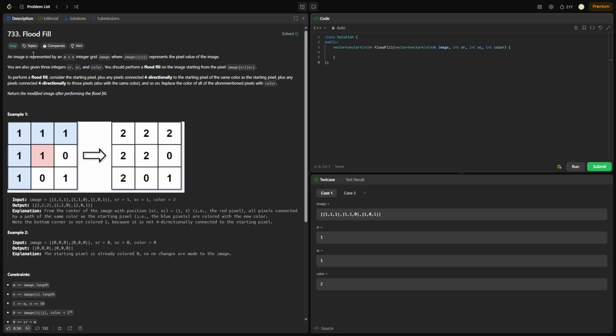So we have basically an image represented by an m by n integer grid image, where a given cell represents the pixel value of the image. We're given three integers, SR, SC, color. Perform flood fill starting on the image from the pixel image[SR][SC]. To perform flood fill, consider the starting pixel plus any pixels connected four-directionally to the starting pixel of the same color as the starting pixel, plus any pixels connected four-directionally to those pixels also with the same color, and so on. Replace the color of all the aforementioned pixels with color,